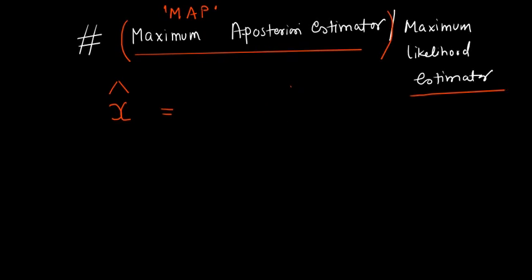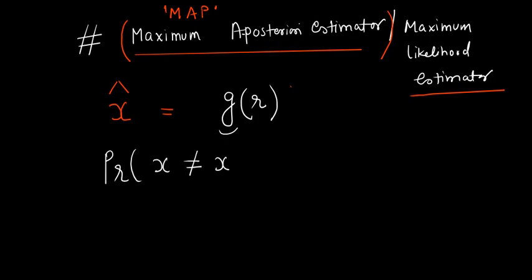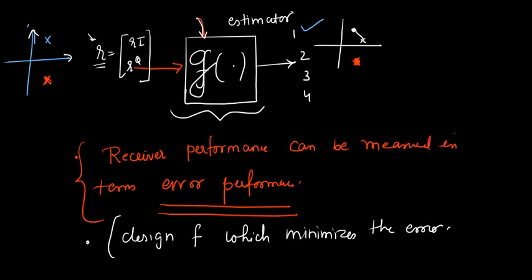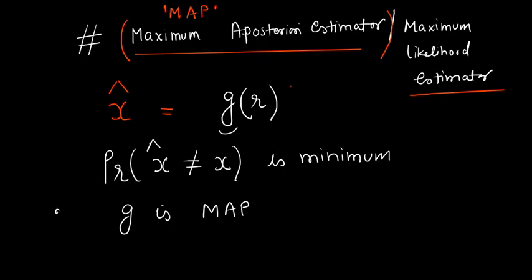So X hat is the G you have to use, and you have to design your G such that the probability of X not equal to X hat is minimum, right? So we say that G is MAP. You understood my point? This is your G, which is asked that we should design the estimator G such that,